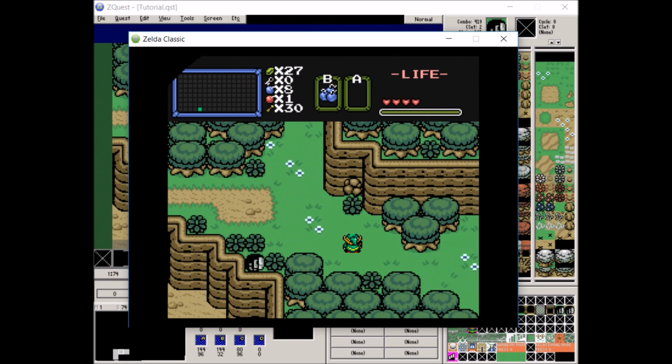Go ahead and start. I did not start with bombs. I did not start with a sword, so I will have to use bombs to combat these guys. Not too bad of an issue. They're already gone. I cannot break this bush. Fun. Alright, just